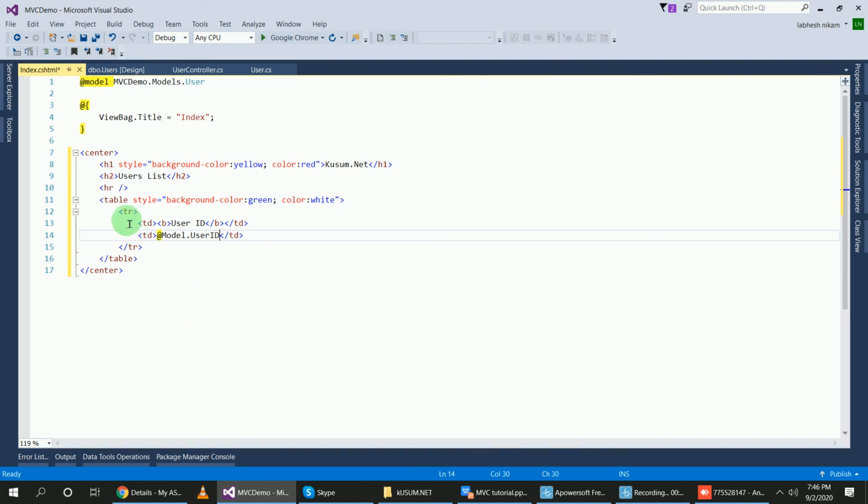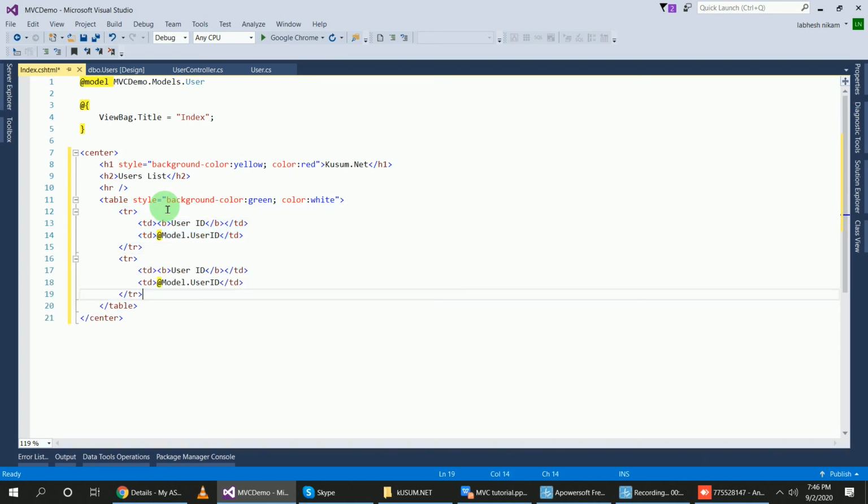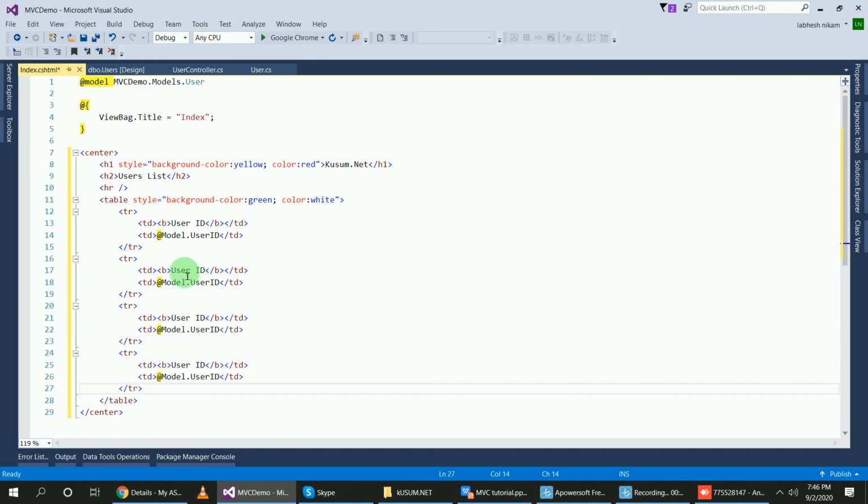Right. Same like that for all. Right, user ID, username, password, full name, and here model dot full name.